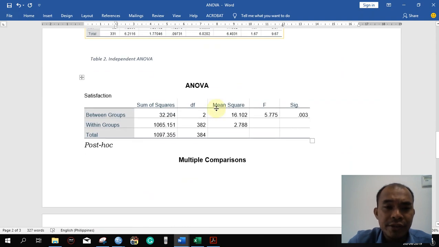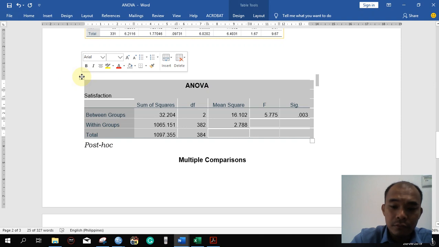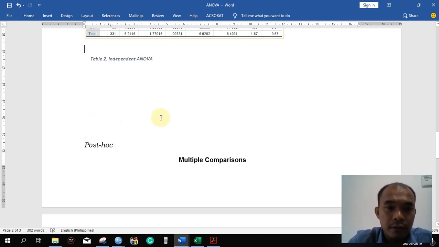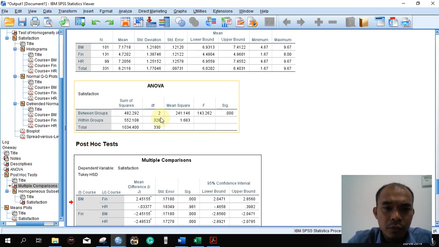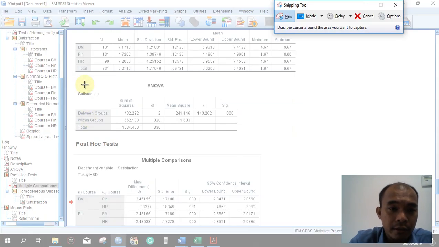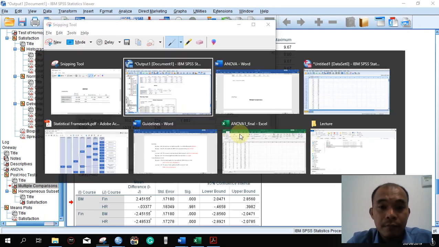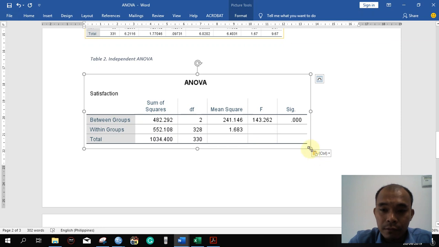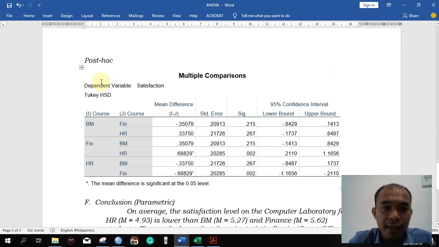In our conclusion, using the snipping tool, this is the descriptive, and then we will now post the ANOVA here. Delete the table, and then we need to post this one. Use the snipping tool, Control N, or you can click New there, copy, and then we paste the result of the ANOVA here. And then for the post hoc analysis,